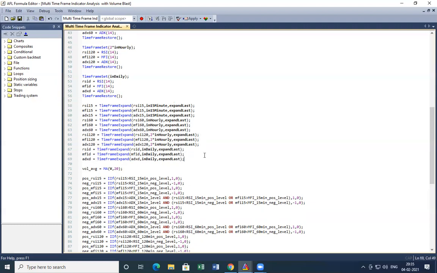Okay, up till now, we get the values of a few indicators in different time frames. Now, I will show you how to use those values to make a view in a stock. And before that, a small disclaimer: this is not a strategy, and I'm not at all suggesting you trade on this. I'm using this logic just to explain how to create an exploration in AmiBroker, nothing else. Right?